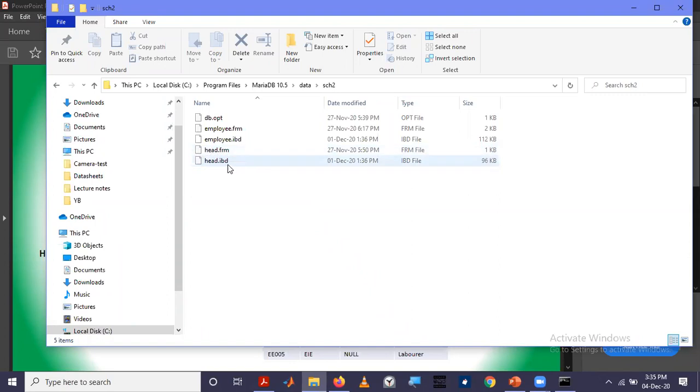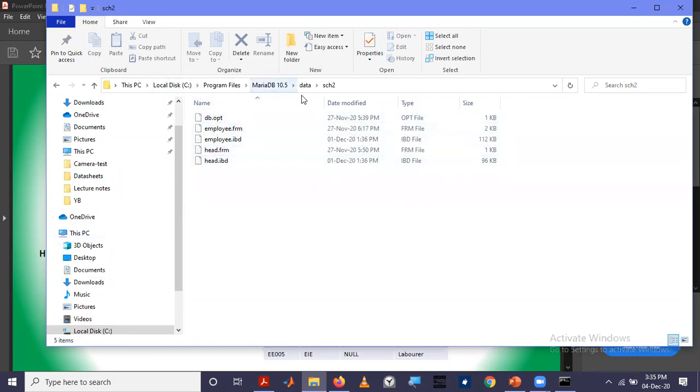So you can see the head table data structure and employee data structure. One contains the schema, or the definition of the table, and the other contains the data for that table, right?